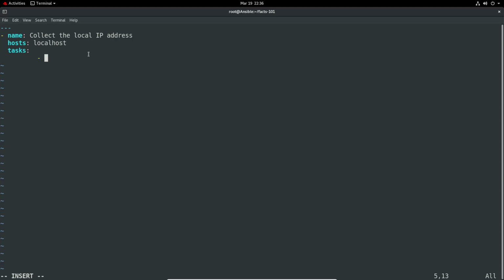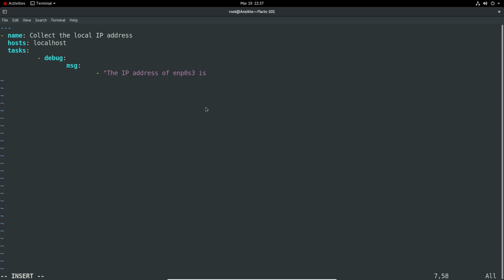So it's dash space debug colon. And then we have msg, or message, and then the message: the IP address of is,